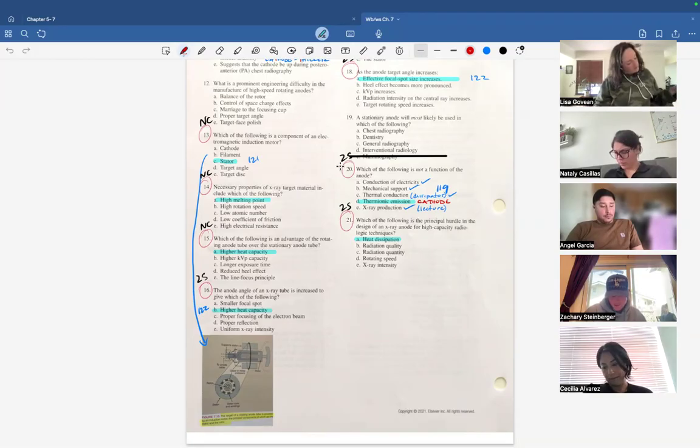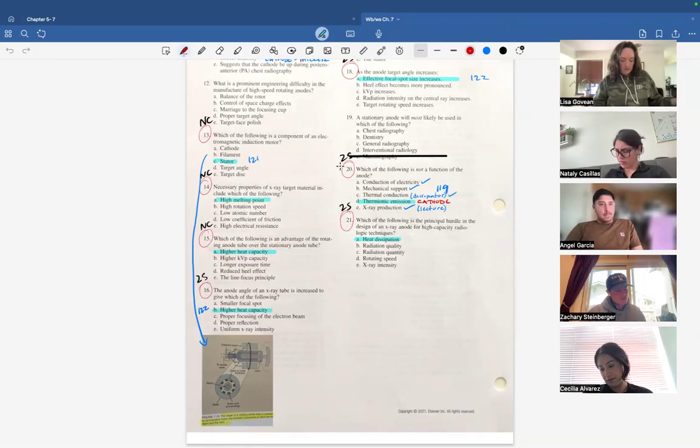I put E, uniform X-ray intensity. But seeing that you put B and thinking about higher heat capacity, now I have to go back and think. I don't even know. I put E maybe because